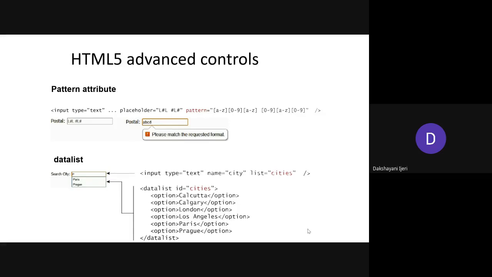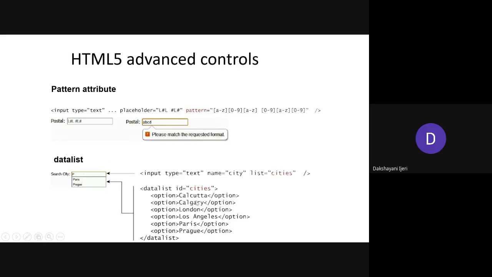Okay, so for that, one of the options is to use the datalist element, right? You have two or three elements used for the same purpose, but the choice is left to you as to which one you are going to use. The figure here indicates how it is going to be visible in the form if you use the datalist, right?